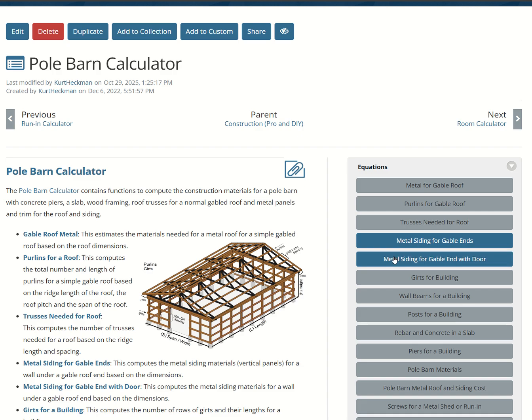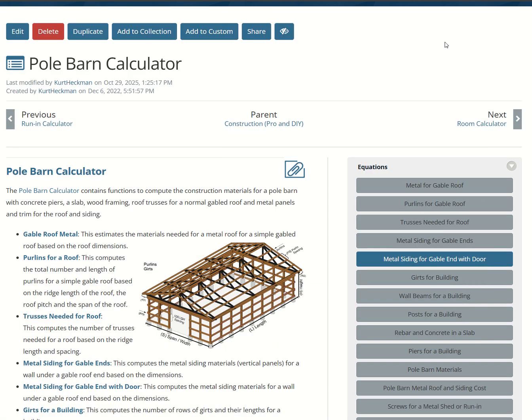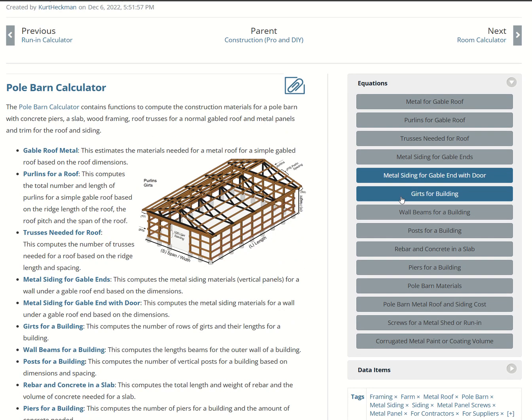This is for gable ends over a door, so in a similar fashion, but you have to give the dimensions of the door. So again, when you get the details, it will take into account going up and over the door. Girts for a building, with the same kind of information, wall beams, posts for the building, rebar and concrete in the